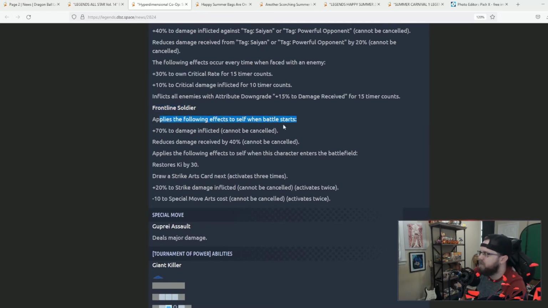Frontline Soldier. Applies the following effects to self when battle starts. 70% to damage inflicted. 40% to damage reduction. Cannot be cancelled. Applies the following effects to self when he enters the battlefield. Restore key by 30. Draw strike arts card next up to 3 times. 20% to strike damage inflicted for...